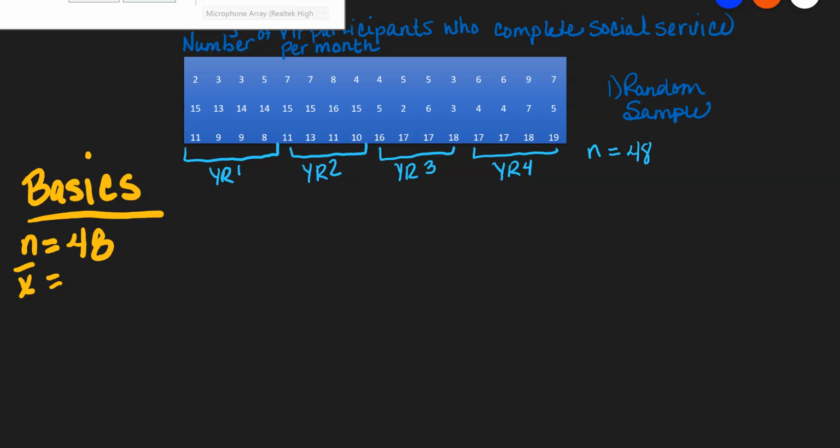To get the mean, we are going to take the sum of all x's, divided by the size of our sample. So if we add up all of these numbers, I'd pause here, give yourself a moment to sum all of these x's. We can just work it together. Added all of the x's, you'll probably come up with 458. That's what I came up with. So x bar, or our sample mean, is 458